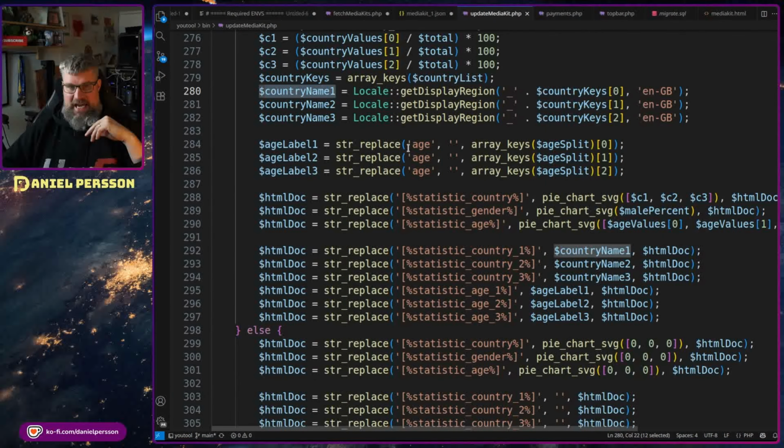And next up we have the age. So in this case I need to remove the word age before everything here. So I don't want to have age, I just want the age bracket. So I remove that from these keys, 0, 1, 2, and put that into age label 1, 2, 3. And then I will switch out the pie chart here. So I create a pie chart for country, gender, and age. And then I switch out the labels down here with country name 1, 2, and 3, age label 1, 2,